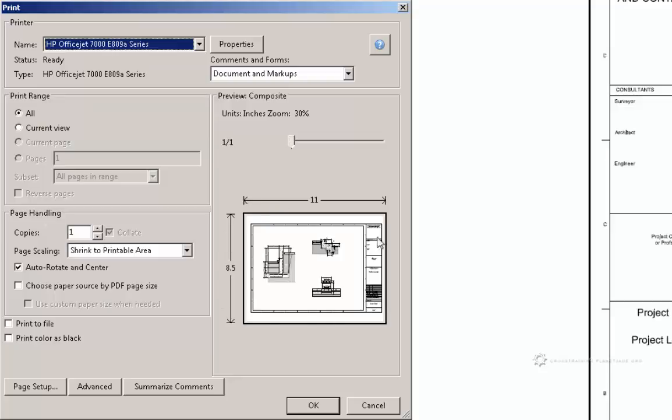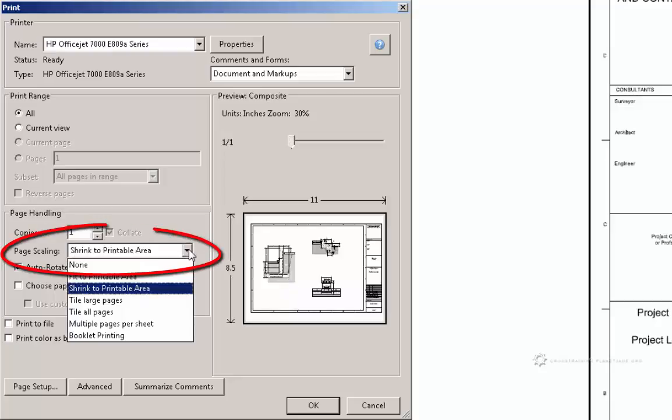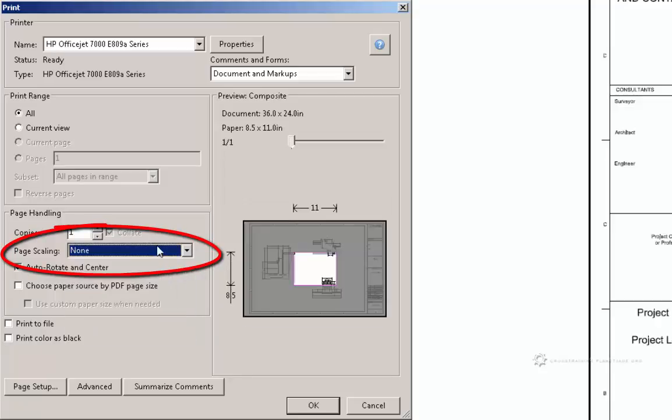You'll need to make sure that you configure the paper size to 24 by 36. And one thing that I want you to be very careful about is this shrink thing here. You don't want to shrink anything. And the reason why is if you shrink it, the scale will be off. So you got to be very, very careful about that. So you need to check